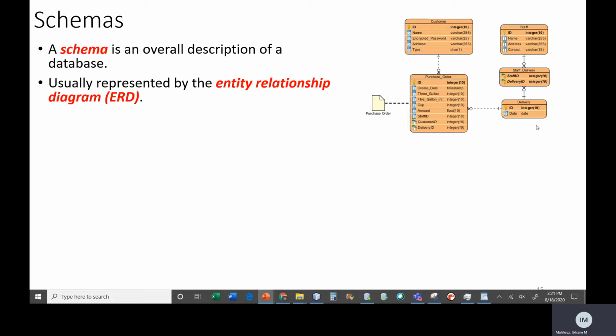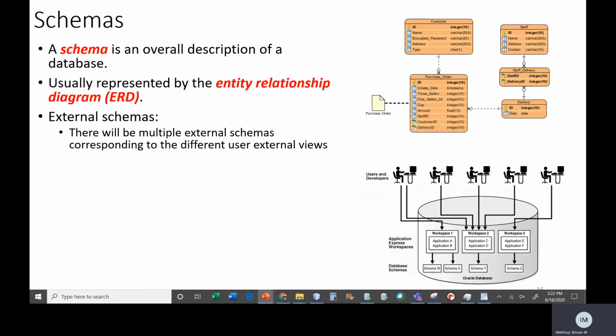So this is called a schema. Basically, it's a description of our database. If you were to draw this out and give it to someone, they will know what entities you are storing information about. They will know what information you're storing. They will know the data types. They will know the relationships between your entities. So a schema is just a description of the database. When I say I want to see the schema, I want to see the description of the database, and usually I want to see it in a visual way,